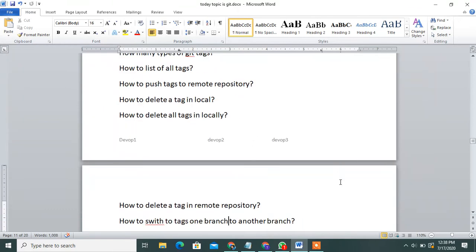We'll go through it. First of all, what is a Git tag? Simply saying, the main purpose of a Git tag is to release a particular version of code. Okay, what is a Git tag? The main purpose of a Git tag is to release a particular version of code. You can identify the tags and add a version to the tags, versioning all the commits.